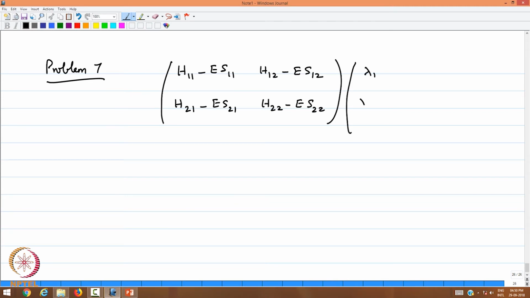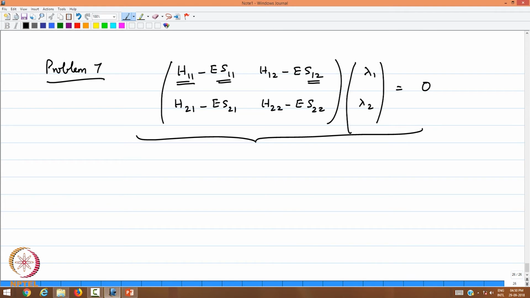Here it is of course lambda 1 and lambda 2 is equal to 0. Okay. We wanted to find out lambda 1 and lambda 2 in such a way that E is minimum. Okay. But this is what you have to do in order to get this, and if you solve the determinant you will get 2 eigenvalues, and the smaller of the 2 eigenvalues is the one that is closest to the ground state eigenvalue. Therefore, the calculation involves recognizing the matrix elements and the overlap integrals, and for H11, H12 etc.,